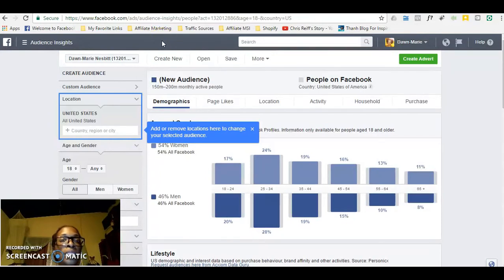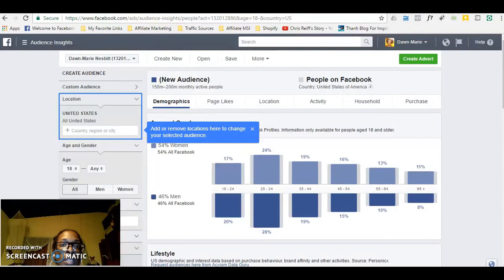Now, one of the ways that you can find these interests is, if you think about it, you want people who have a strong passion for something, who are so interested in it that they take the time to actually maybe purchase a subscription to a magazine. Those type of people, if you think about it this way, the fact that they actually spent money to purchase a subscription means to me that they will spend money on that particular interest.